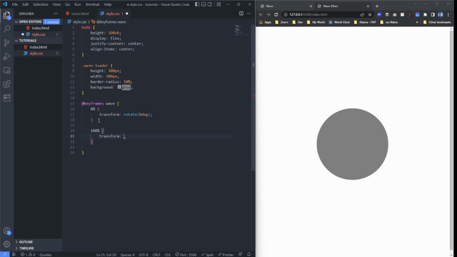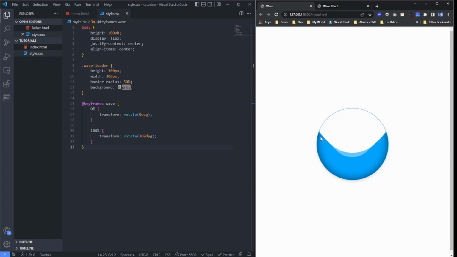So I'm going to say rotate 360 degrees. So this is how my rotate animation is going to be like. That is basically what is going to make these wave effects here. So it's going to start from 0 degrees, go all the way to 360 degrees,